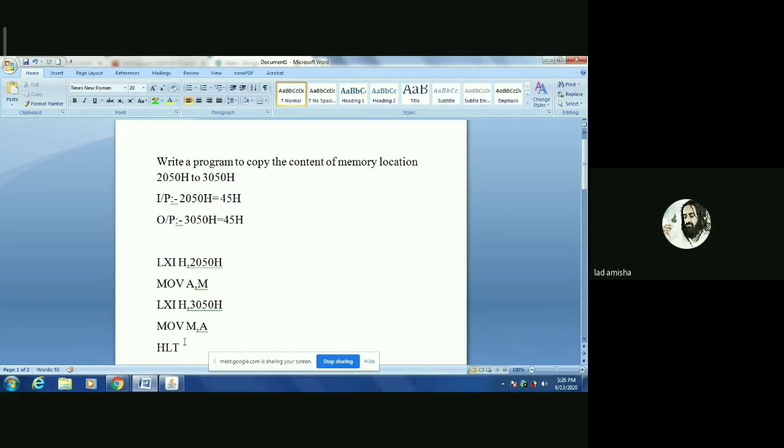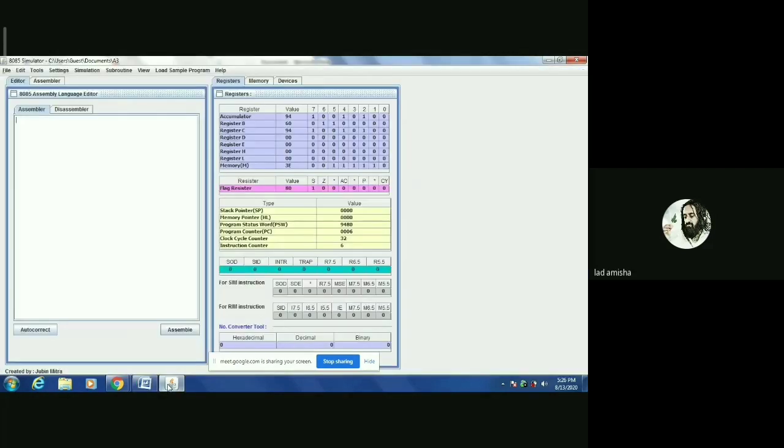Now we run this program. For running this program, we use the 8085 simulator. In the simulator, first we write down the program.